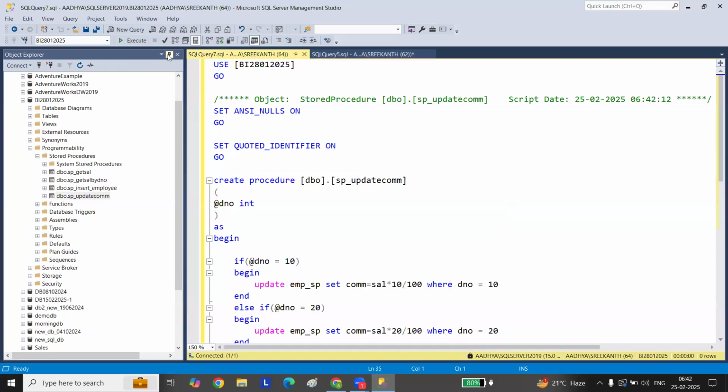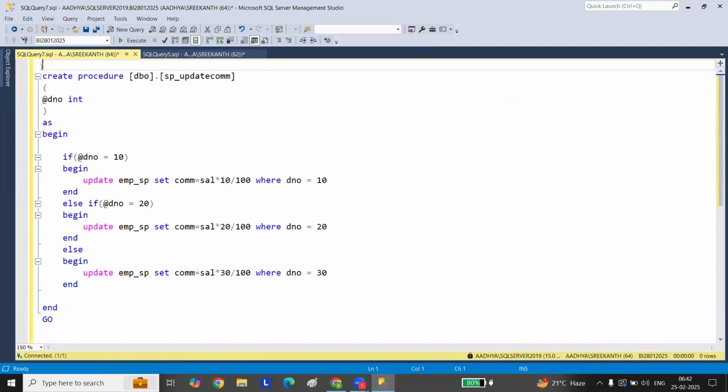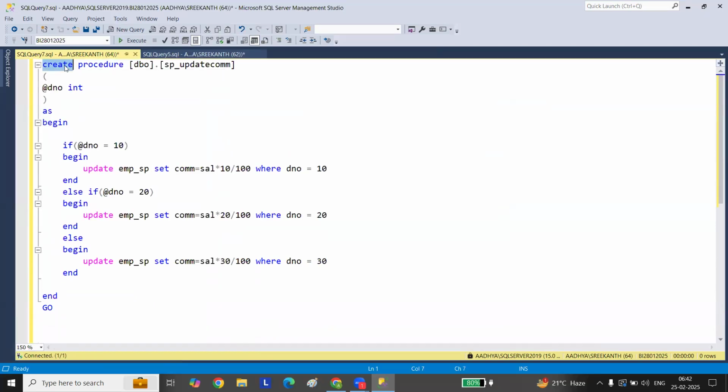So you create it. Okay, now what do you need to do? I want to make some changes here. The stored procedure is already created, but you want to make changes. So you need to use ALTER. Alter is a keyword used to make changes to the stored procedure, right? So here what I'll do,